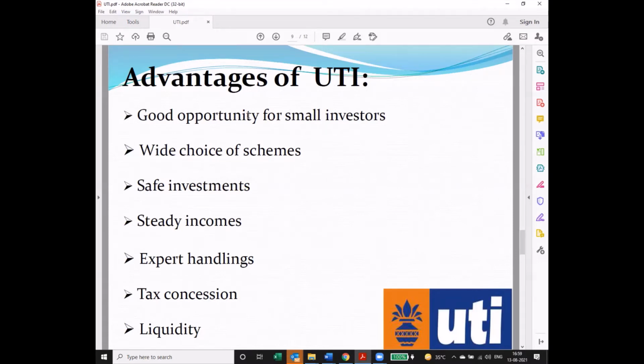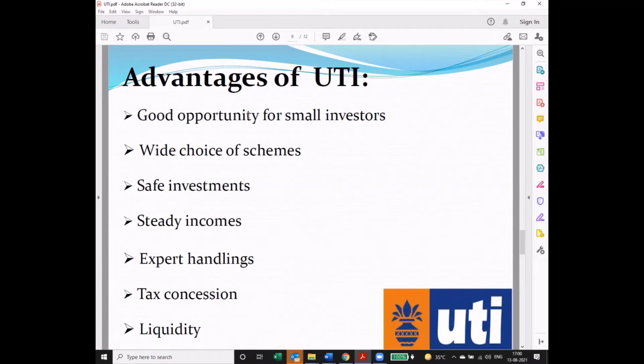But if there is a loss or something else, you will get at least 1,500. But if there is a profit, obviously you will get the unit value. So unit value is, say, for example, 10,000, you will get 10,000 for the investment of that kind of safe investment. Steady incomes. Why? Because you are investing into shares, debentures of industrial development of the country, corporations of the country. You would continue to draw interests and dividends accordingly.